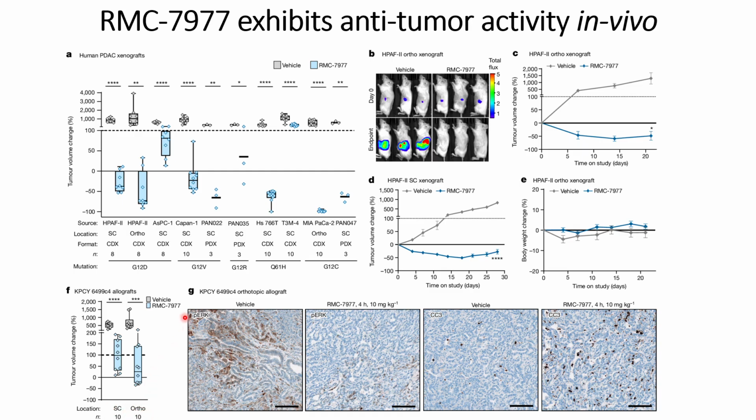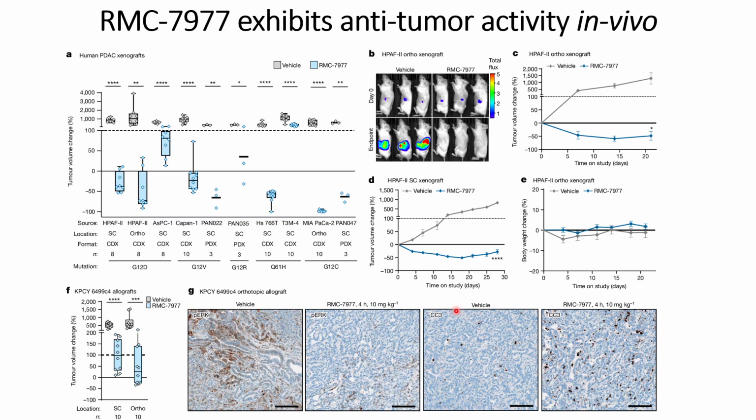And the reason for this decrease in the tumor volume is that they find out that after 4 hours there is a decrease in the pERK signal that can be seen here compared to the vehicle. There is less pERK signal in the RMC-7977 treated cells, and they use the dosage of 10 mg per kg of the mice weight, and they see the decrease in the pERK signal or phosphorylated ERK signals,